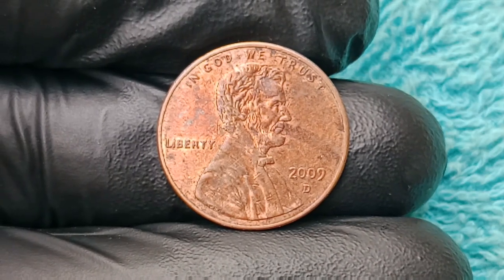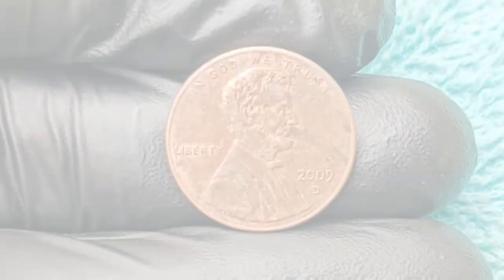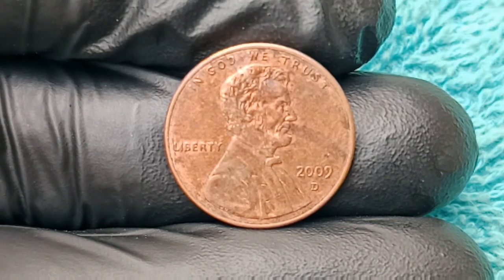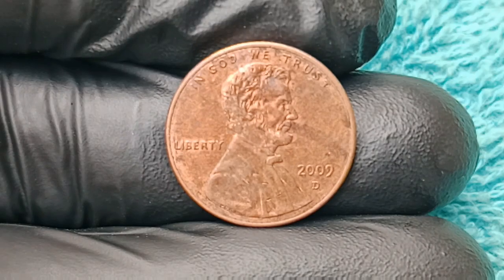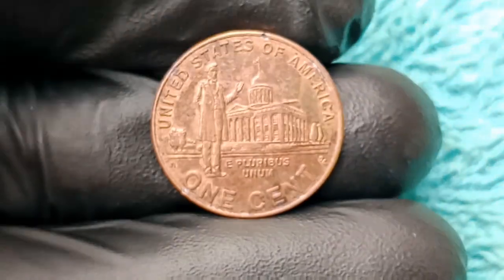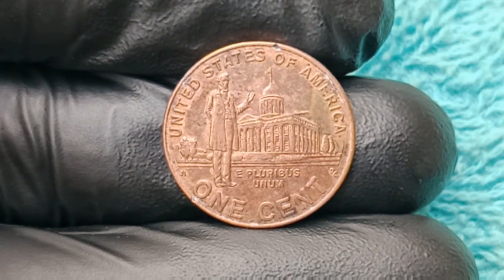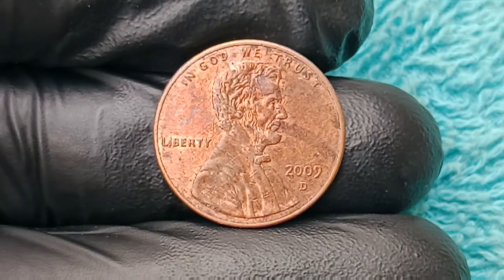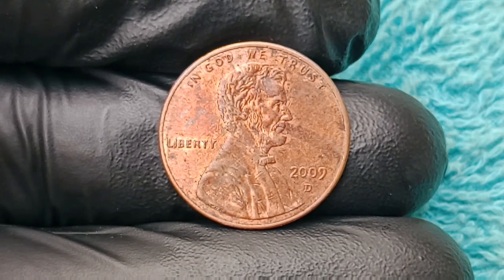with millions of people now inspecting their 2009 D pennies under magnifiers, checking the placement of Lincoln's fingers, the clarity of the initials VDB, the spacing of the date, the integrity of the fields, the edge and rim consistency, and every microscopic detail that could hint at hidden value, because no one wants to be the person who spent a life-changing fortune unknowingly, and for those lucky enough to find even minor variations of the 2009 D era coins, the payoff can be enormous, with values ranging from a few hundred to tens of thousands depending on the grade, clarity,